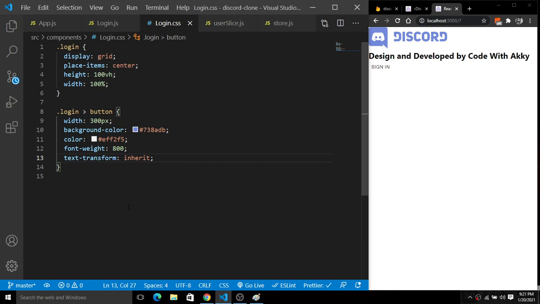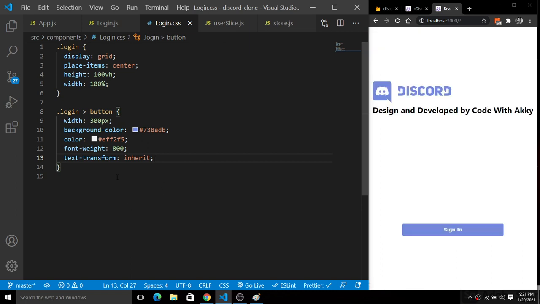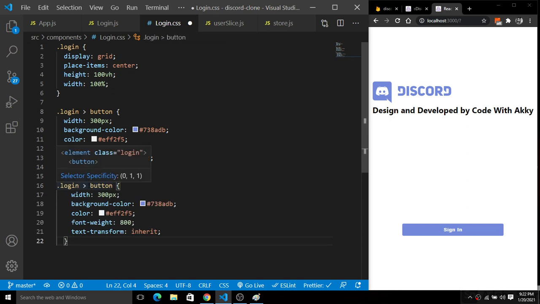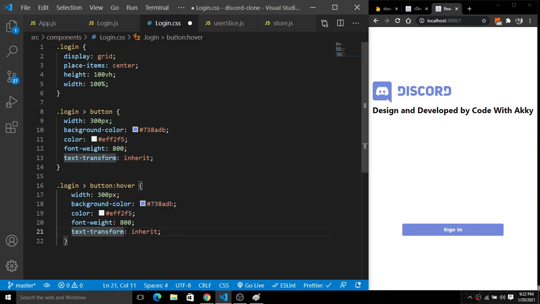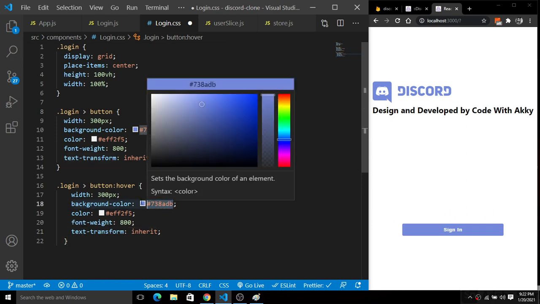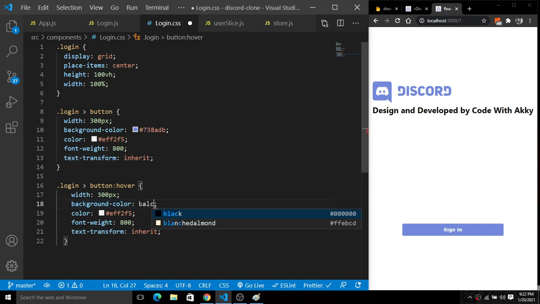We have done this. Now next, it's time to do the hover effect here. I'm going to simply make it look nice, so I'm going to add a hover effect here. Let me grab this and paste it here. Inside of this login we have this button, and on hover let's change the background color to black.